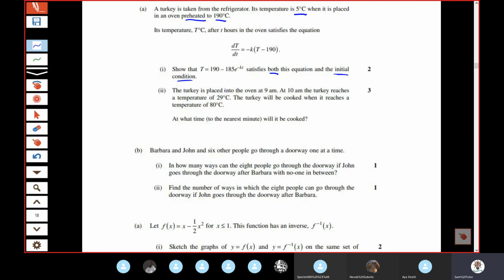Okay, so for this equation, what do we usually do to satisfy the equation? Differentiate. So we're going to differentiate. The derivative of 190 with respect to time is 0. The derivative of an exponential is still the whole exponential, so it's still negative 185 e^(negative kt) multiplied by the derivative of the power, which is negative k. A negative and a negative makes a positive, but pause. Because you're proving something,